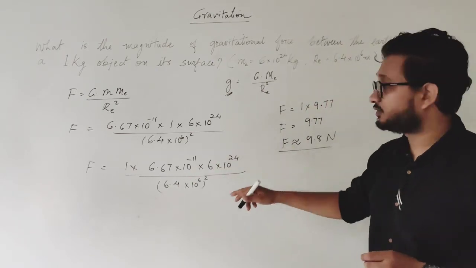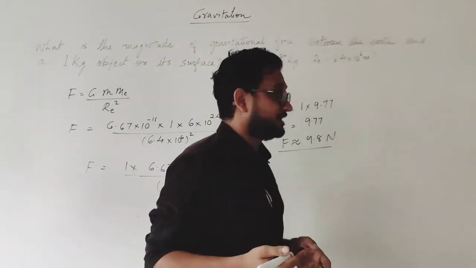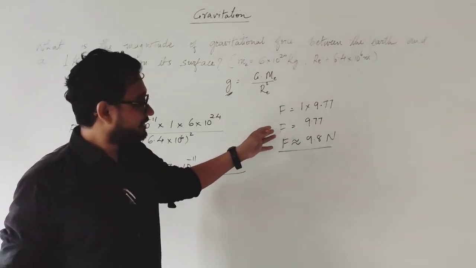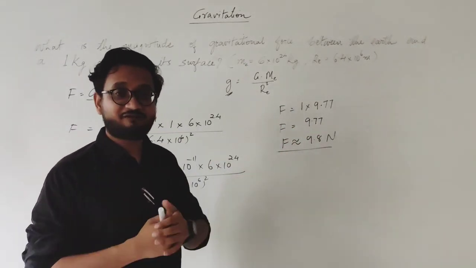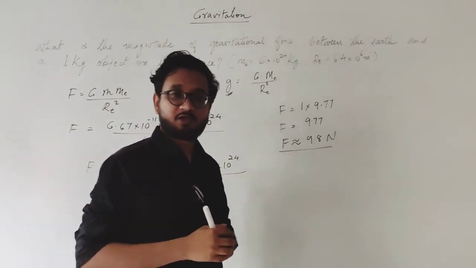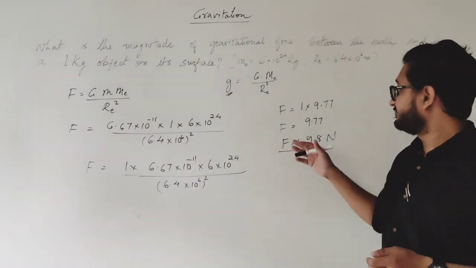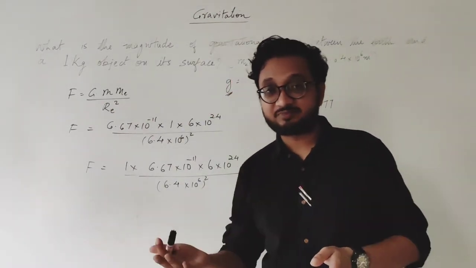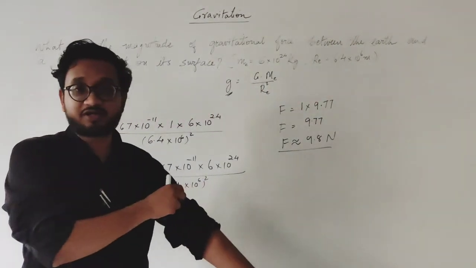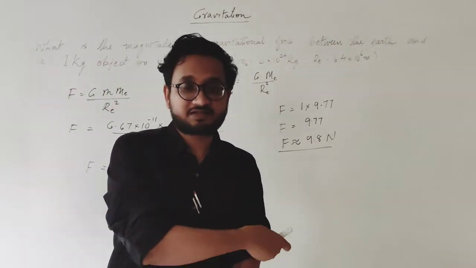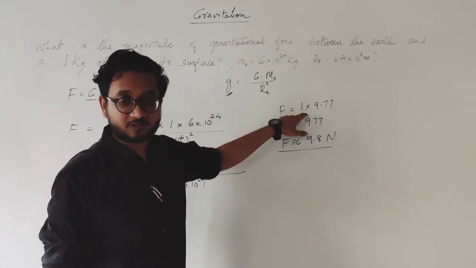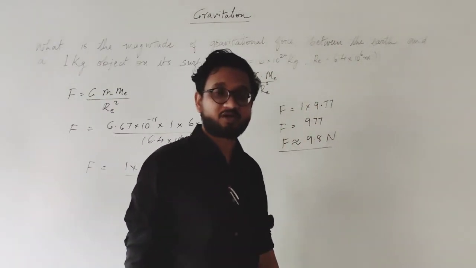When you solve this, we know that the answer will be equal to 9.8, and when you solve it accurately, you will get somewhat similar to this answer. Okay, and ultimately you can write this approximately as F is approximately equal to 9.8 newtons. I hope it is clear to you, students, because now we have multiplied this 1, and 1 into 9.8 is the number itself, that is 9.8 newtons. You cannot now write 9.8 meters per second square, because this is no longer acceleration. We have taken that acceleration and multiplied it with mass. Okay, and that gives you the answer 9.8 newtons.